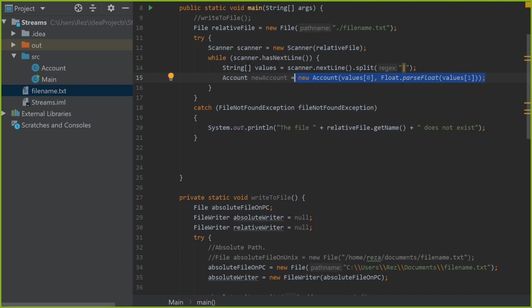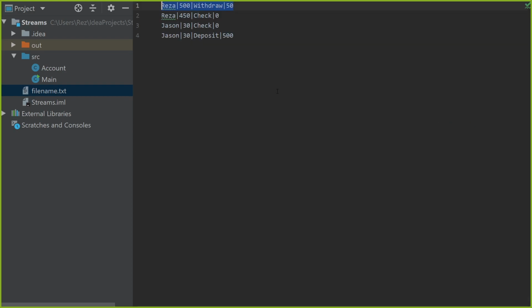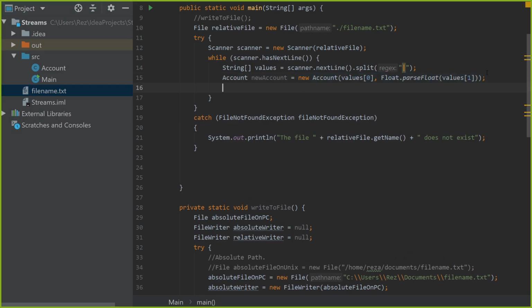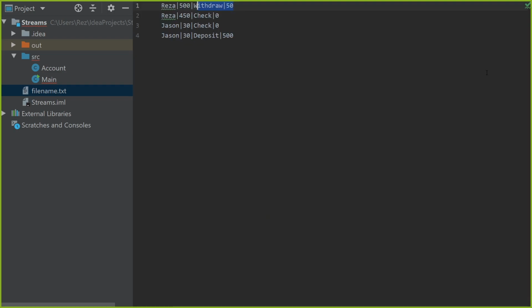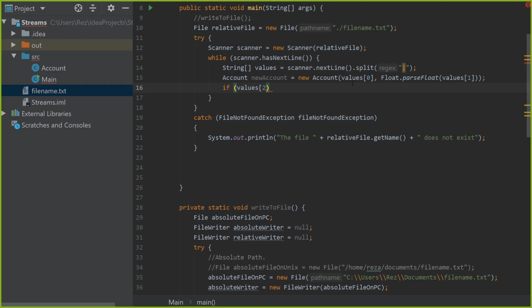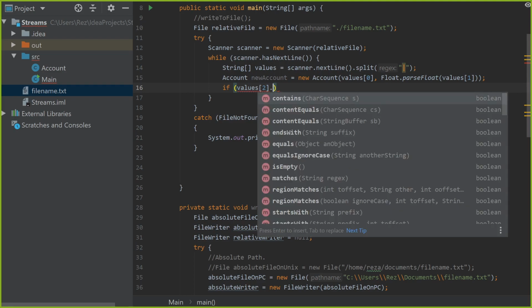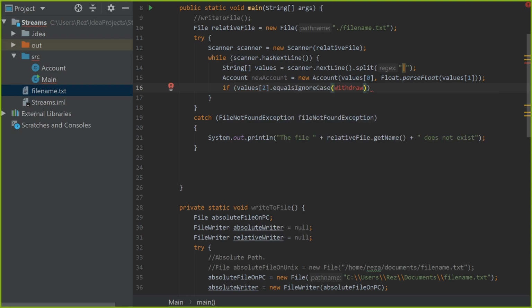And this is all random. It's my idea of how an account would be at this moment. Doesn't really matter. But we're not done. So from that amount, I need to withdraw 50. Right? So now the second string comes in. We could say if values at position 2 dot equals, ignore the case, if it equals withdraw,